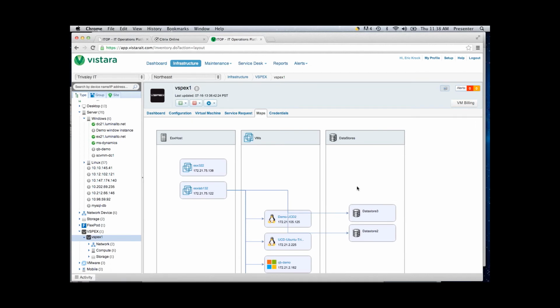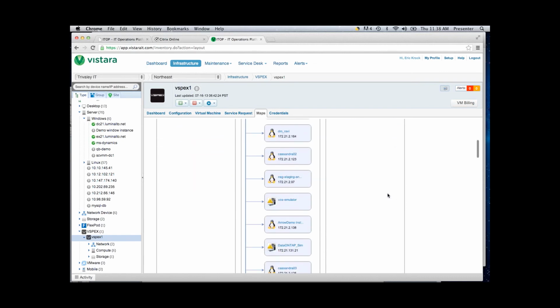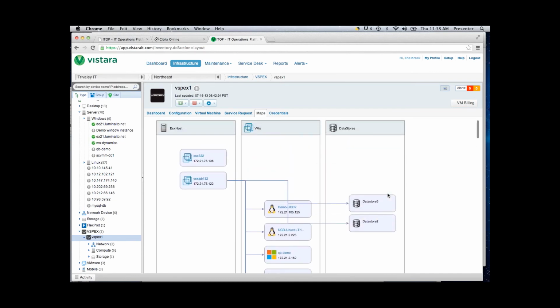So here you can see that this data store 3 is supporting this demo virtual machine, which is in turn controlled by this ESX host. So this helps the IT administrator to determine what virtual